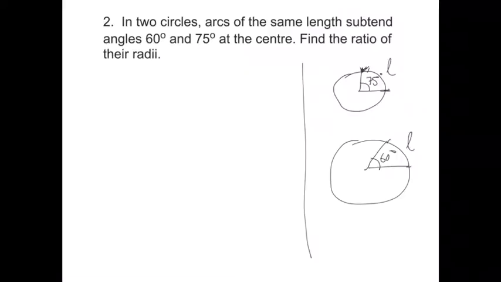And we know the relationship between the angle theta in radians that is subtended at the center by an arc, which is equal to the length of the arc divided by the radius of the circle. So let us label the two radii as R1 and R2. So what we have here is that 60 degrees angle, which we need to convert into radians because this formula theta equals L by R applies when theta is expressed in radians. So 60 degrees becomes 60 into pi by 180 radians,